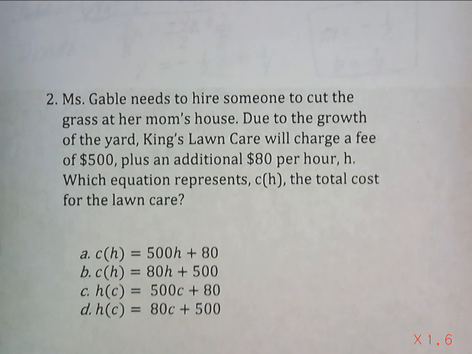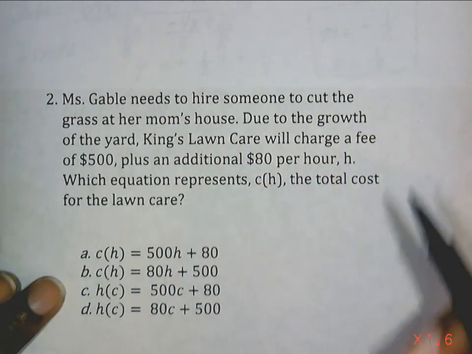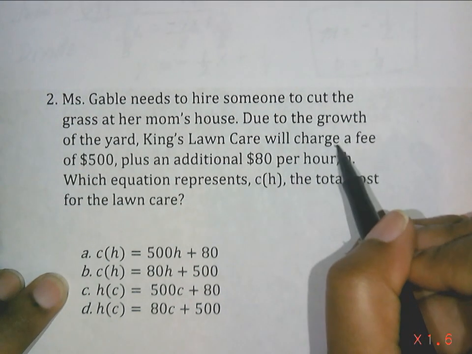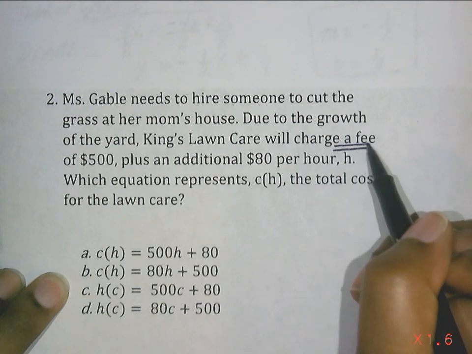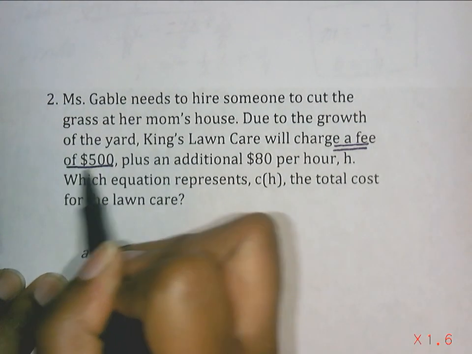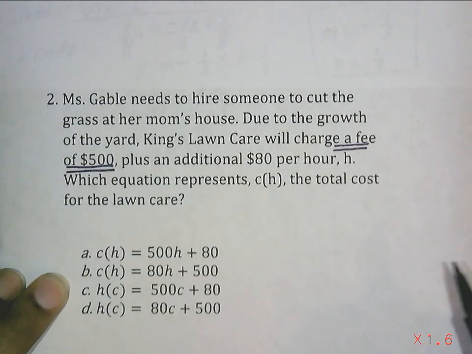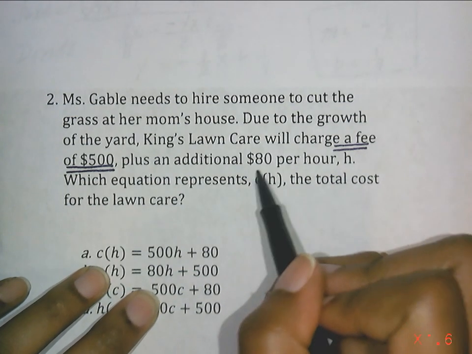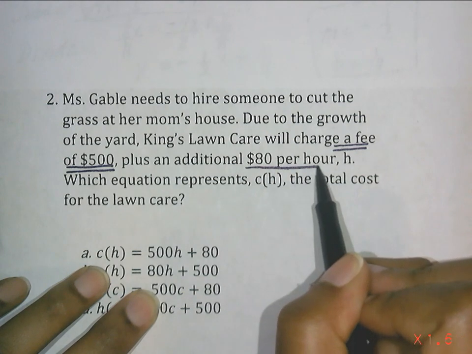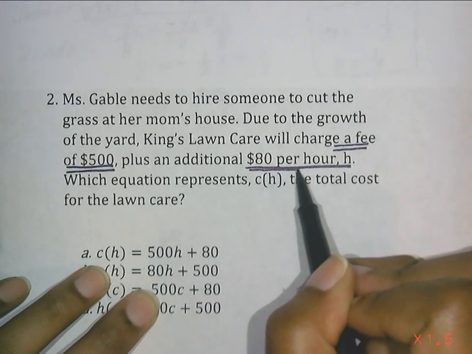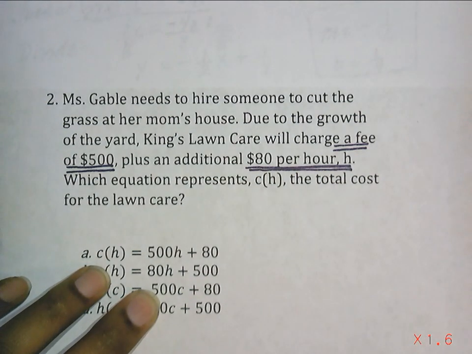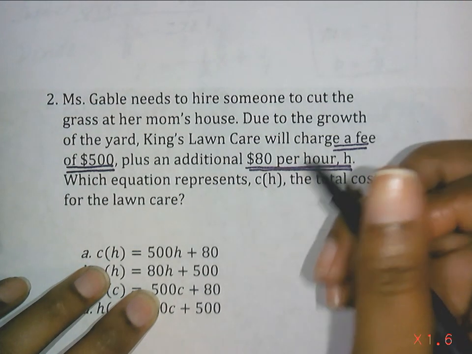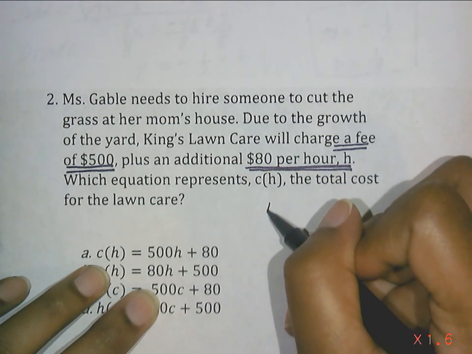Okay, so there's a lot going on in this problem, but there's two things that should stick out to you. We have a flat fee, no matter what, just for them coming out and cutting the yard, they're charging $500. And then there's an additional rate of $80 per hour. Now rate should ring a bell. Okay, if this was a rate,